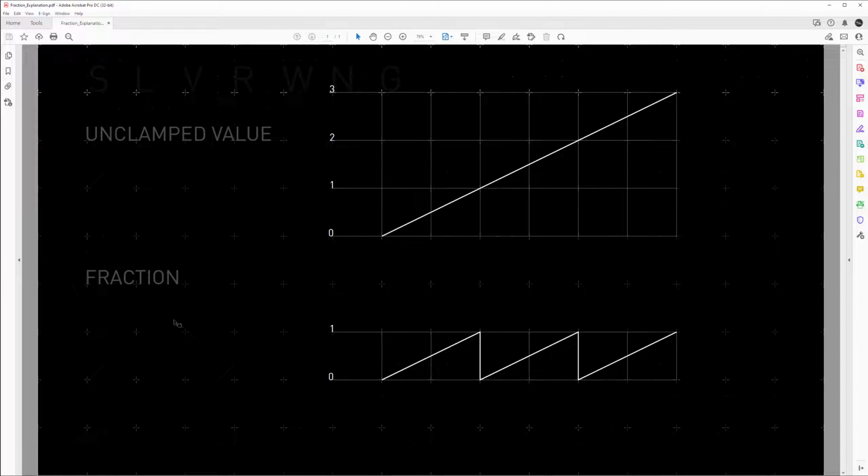If you're familiar with math, it does something similar to modulo. What it's doing is, if the value reaches 1, it pushes it down to 0 again. Then as the original value goes from 1 to 2, the fraction value rises from 0 to 1 again. So this is exactly what we need to get our animation going.